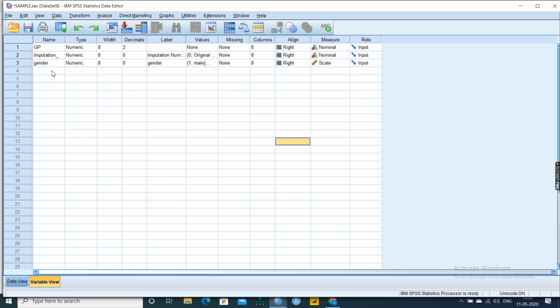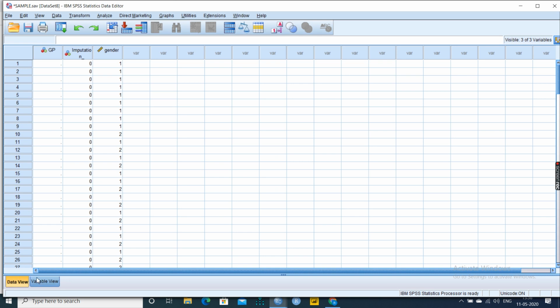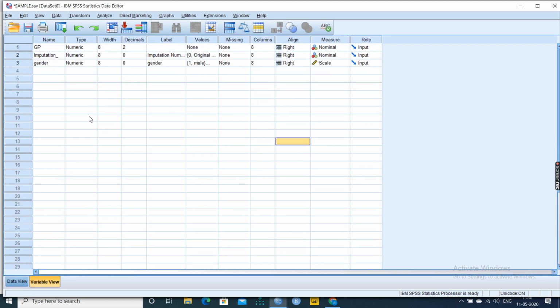Automatically all this data will be presented in the data set that we already have in our hand. So this is our new data set, which has the cases of, other than GP, imputation and gender. So what is this adding cases and adding variables? Again I want to repeat: if I included these variables, imputation and gender, but I don't have the data here, I can bring data by adding from different files of the same variable to this particular data folder.